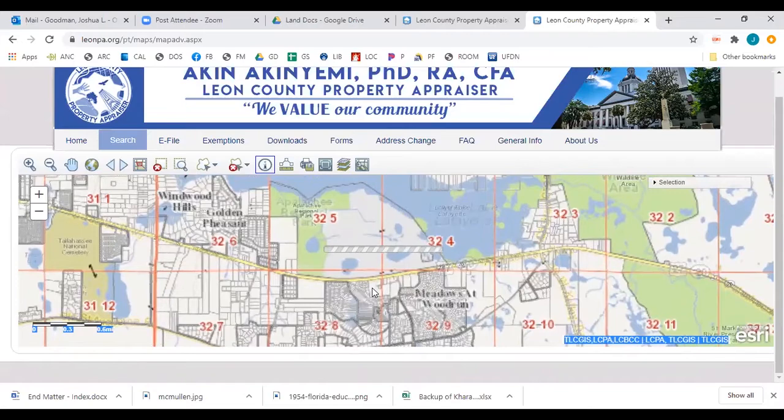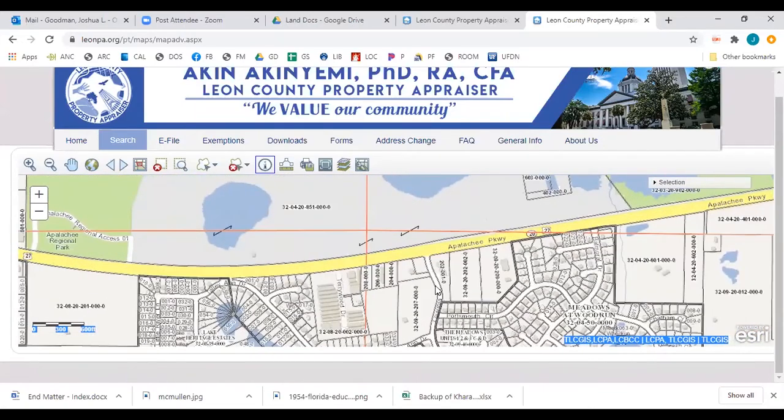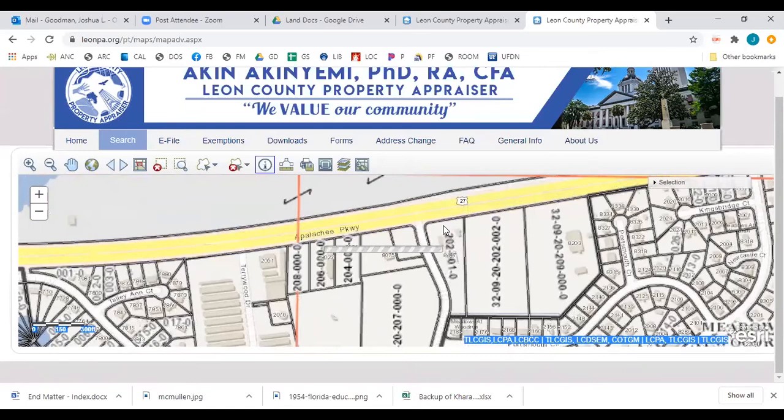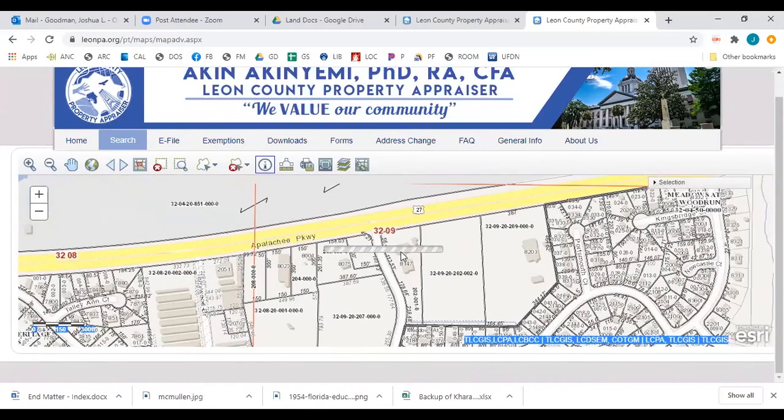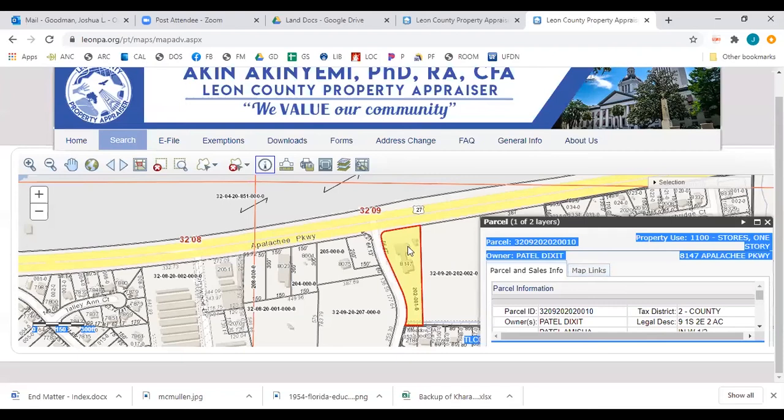And that gas station is located at the corner of Appalachia Parkway and Lavinia. Here's Lavinia. So this must be the gas station. Okay, let's pull up the parcel information on that. Okay, so here I am. I clicked on the parcel. I made sure that I had the little I button clicked here because that's the tool you use whenever you click on something to get the information.